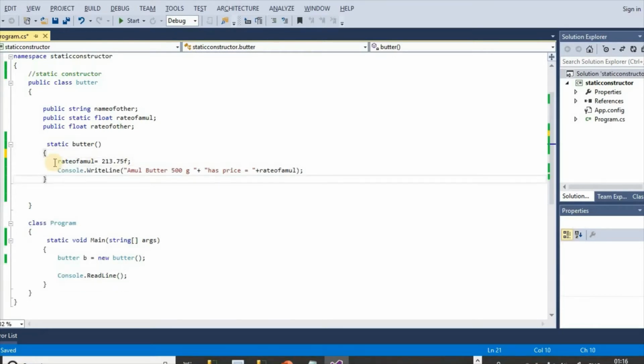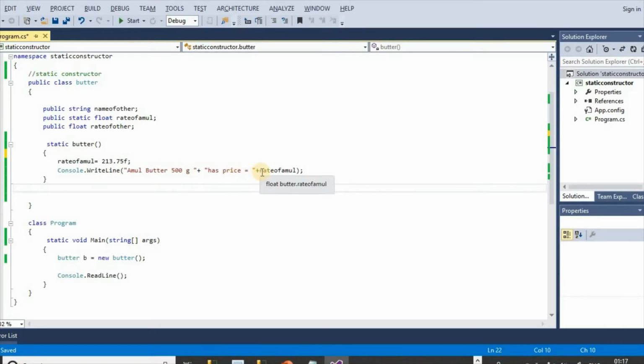There may be a reason to initialize a static variable in a static constructor. Here we have not taken any other constructor. Here we have taken only this static constructor. Here we have used this static variable, and the use of this variable is limited to this constructor only.